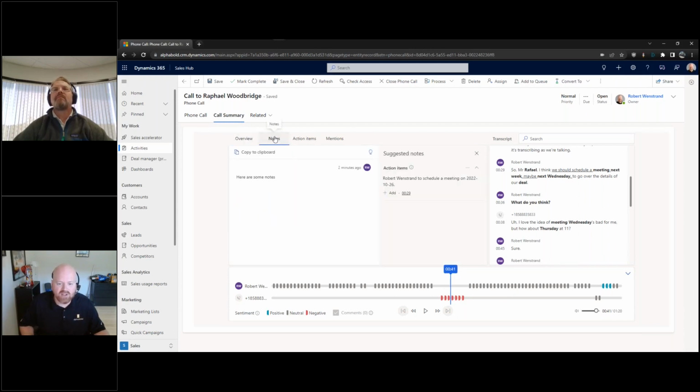So we talked about notes. Of course, we can type in some notes. You'll also notice that it's using some of the AI machine learning pieces to provide you some suggested notes. So it's saying it saw this as a potential action item to schedule a meeting on